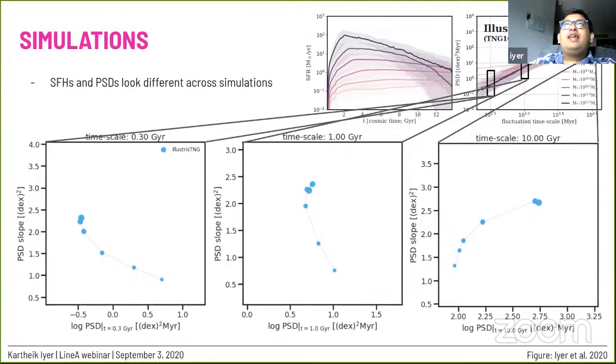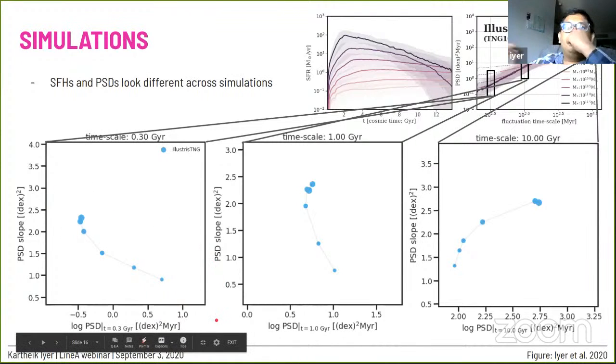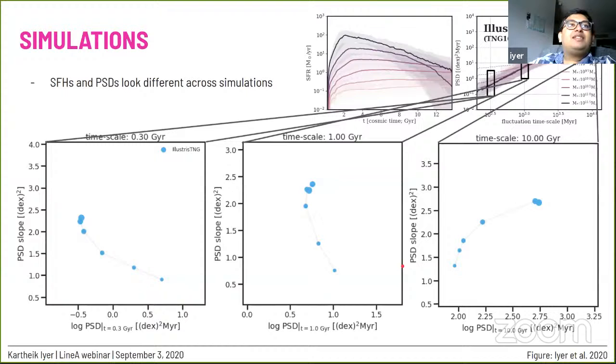So looking at this, it might be tempting to say, okay, so now we have a sort of understanding of how the PSD looks and how things evolve with stellar mass. So now let's go into this and figure out why the PSD looks in a certain way, and then try to understand based on that how galaxies evolve. So this is great. It's a very promising idea. But the problem is this is for a single simulation. And before we proceed further, we first need to check whether all the simulations tell you the same thing.